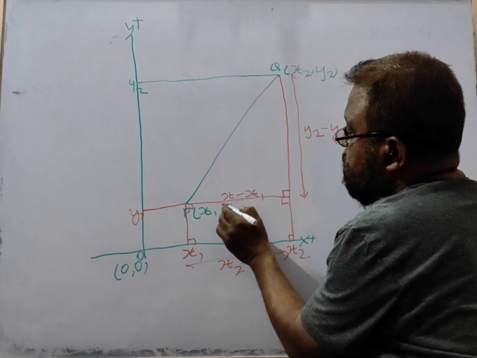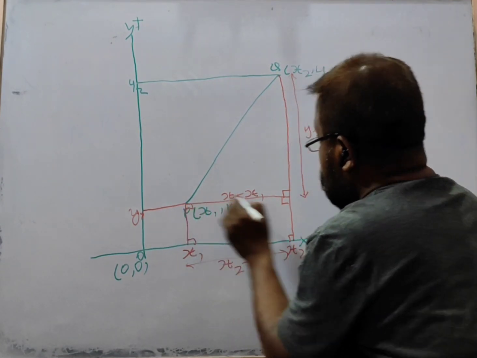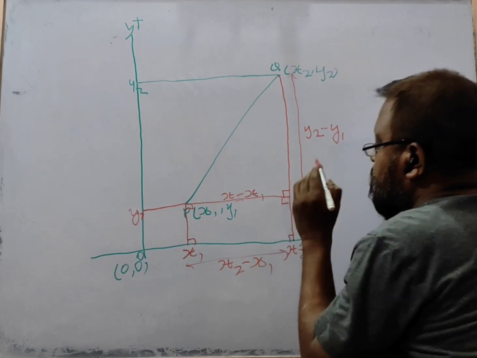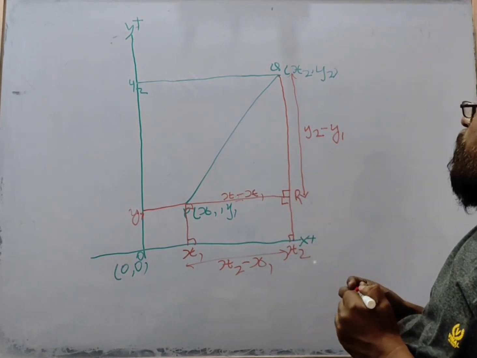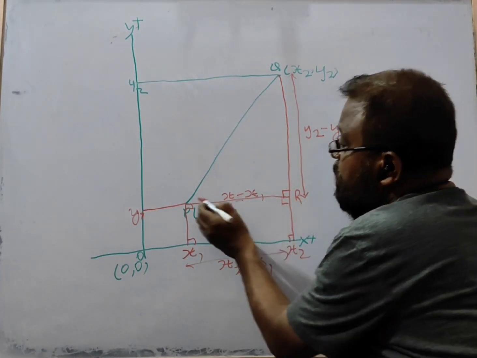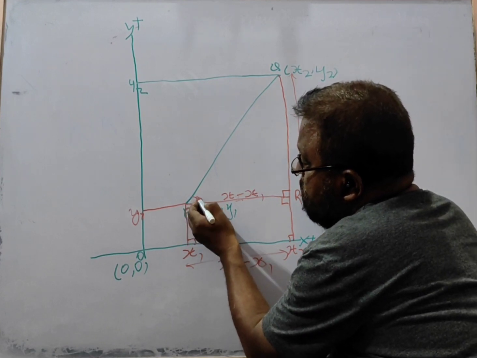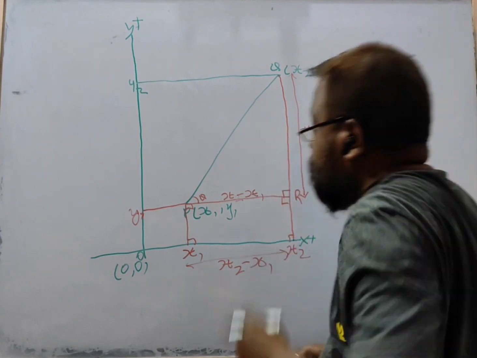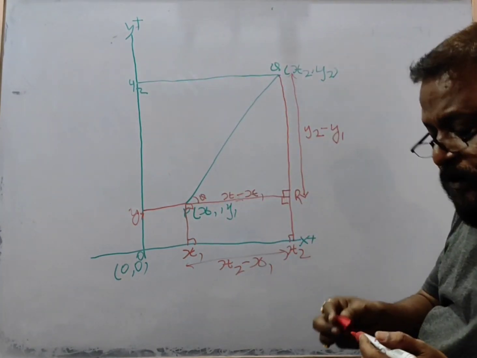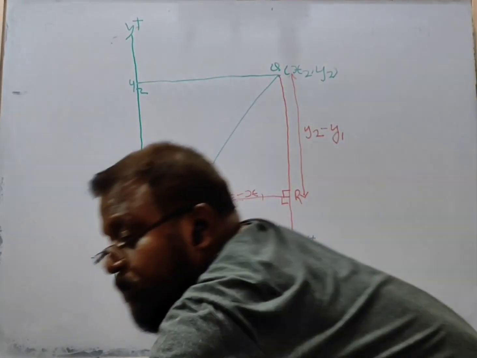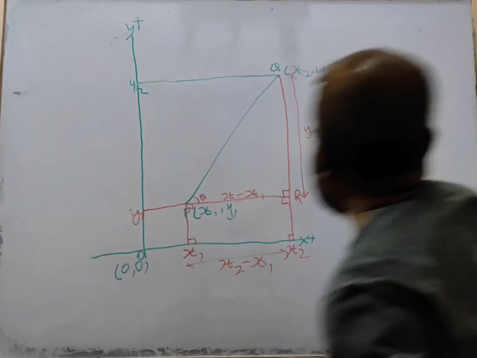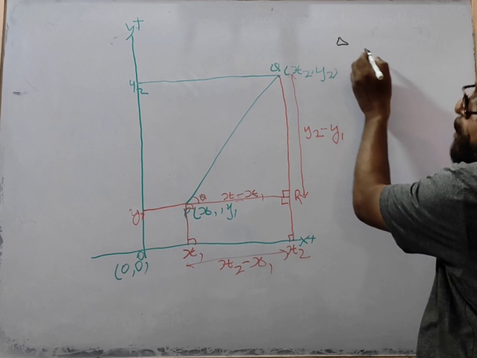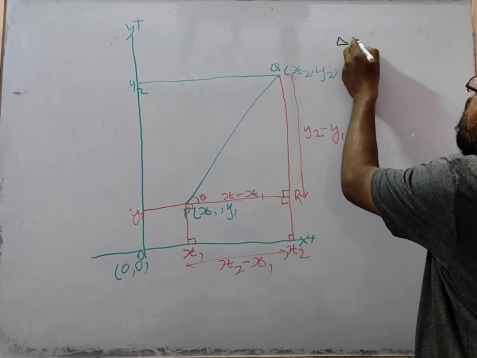So this is P, this is Q, say this is R. This is 90 degrees, this is angle theta, this is the slope. So now this triangle PQR